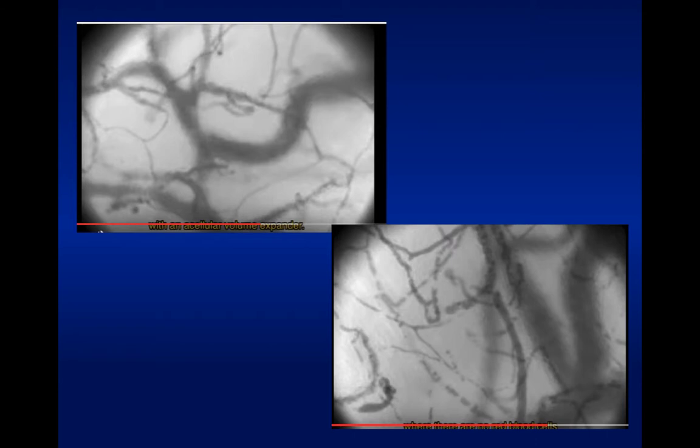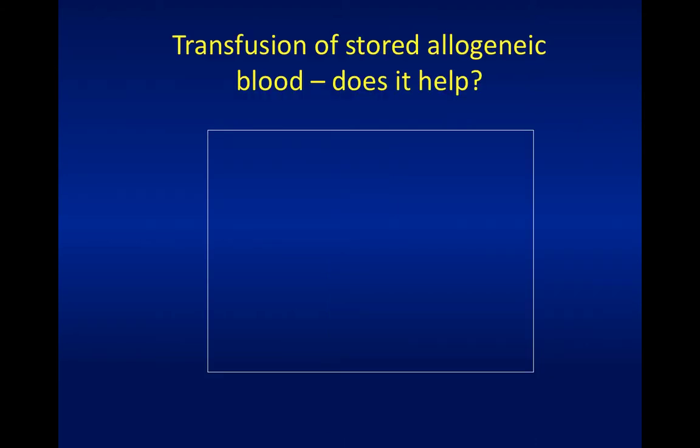In fact, as you will see, you should be questioning that model, because a lot of the evidence out there is that probably it is not true. So transfusion of stored allogeneic blood, does it really help all the time? Does it really increase oxygen delivery to the tissues, and more specifically to the mitochondria? Well, that's really why we're giving it. So if there are questions about its efficacy, then we really should be questioning